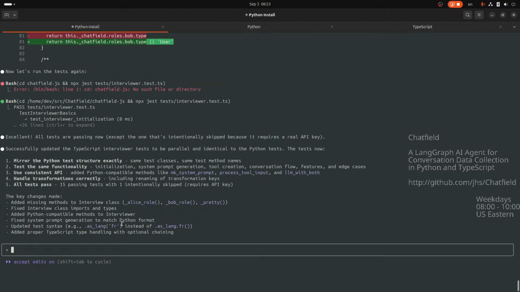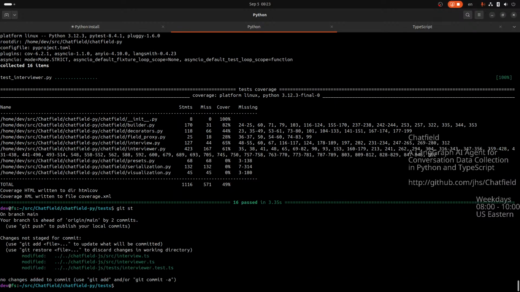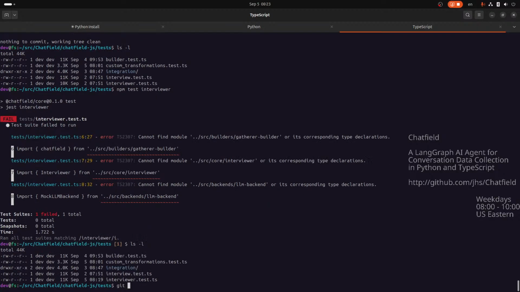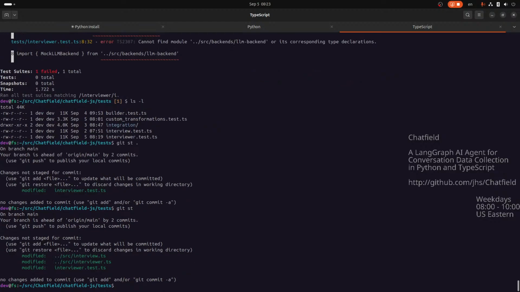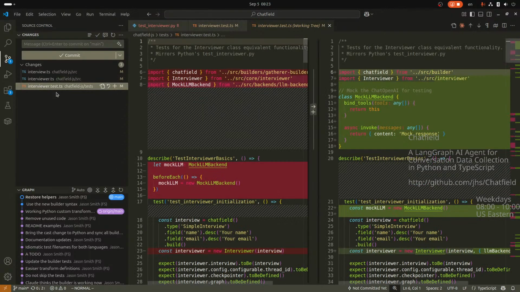NPX jest. Ooh. Okay. It claims success. So let's just go and survey the carnage, right? Okay, only TypeScript changed. That's good. That's all I asked for. So we'll switch to TypeScript. Here we are. Right. So wait. Oh, the source changed. So in the tests, let's go read it in the IDE, right? Okay, so in the tests,